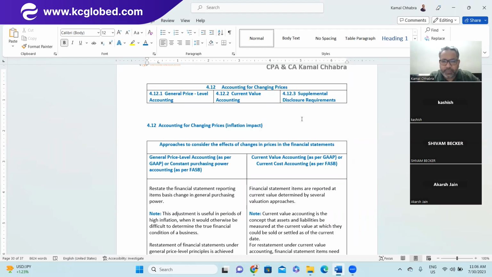Limited application of these topics for accounting for changing prices, right? But it's part of the curriculum, so you never know when your luck hits. So we should be covering all the items, right? Overall, in accounting for changing prices, there are 3 topics we'll be covering. First one is general price level accounting. Second is current value accounting, and third one is the disclosure part, which includes supplementary disclosure as well as certain